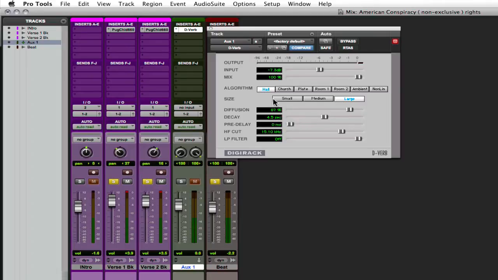Next, we have our algorithm section here, which is basically some presets that you can use. We have hall, church, plate, room 1 and 2, ambient, and non-linear. If you notice that when we click on these, our size and our diffusion, our decay, our pre-delay, our high frequency cut, our low pass filter, all these selections here are automatically adjusted and modified according to the algorithm that